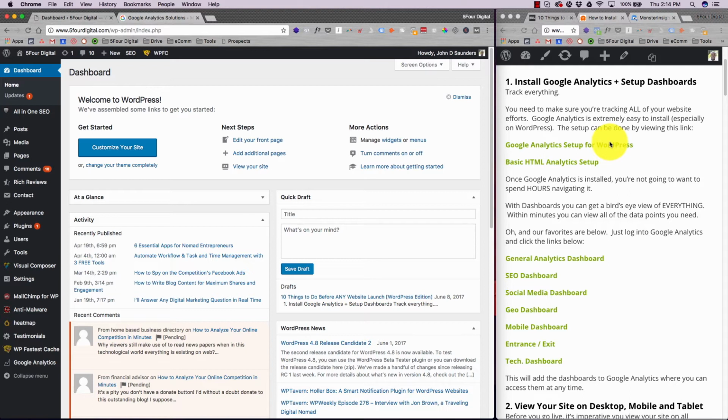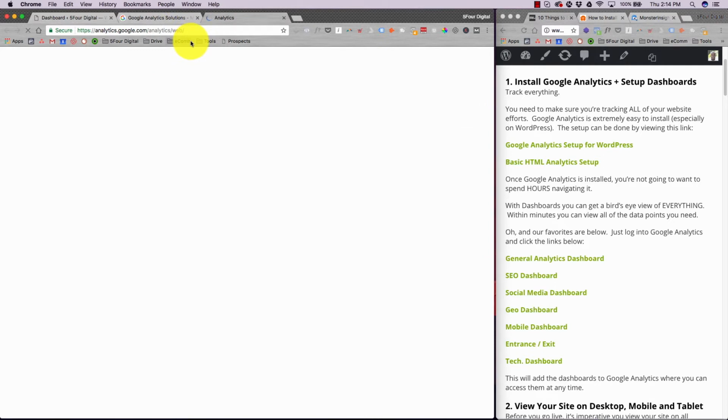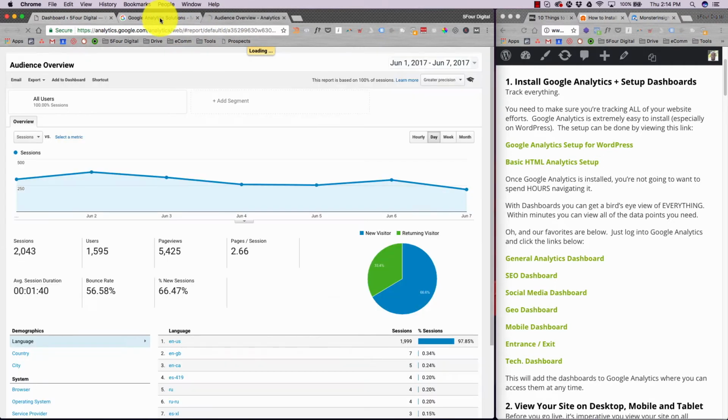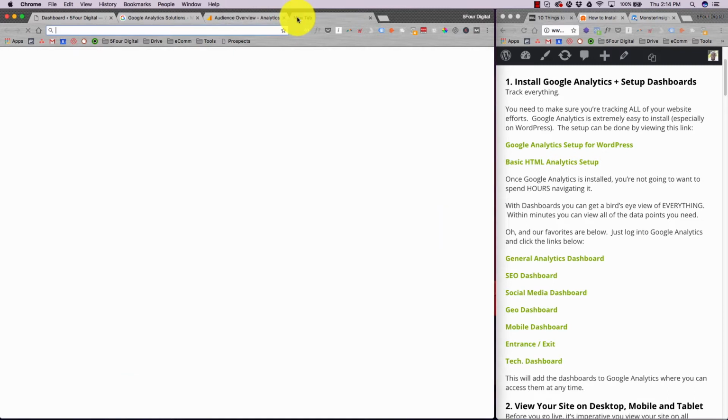So the first thing you want to do on your site is install Google Analytics. Google Analytics is going to track all of your website efforts easily and efficiently. So you'll be able to see your traffic, who's coming to your site and where, and then you can make informed decisions on what you'd like to do. For example, I'm just in a website here. To install analytics, it's really easy. You just go to